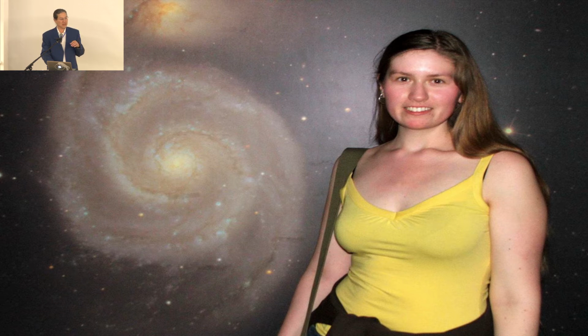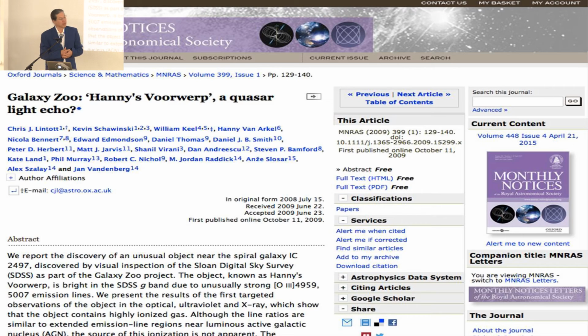And since then, the Galaxy Zoo volunteers actually organized themselves. They searched systematically. They found about 19 examples of things like this. Astronomers were the ones who figured it out, but Hanny was the one who discovered it. And she, in fact, if you notice at the end of the first line, is one of the authors on the paper announcing its discovery. So this is an example of a volunteer doing real science and making real scientific discoveries.